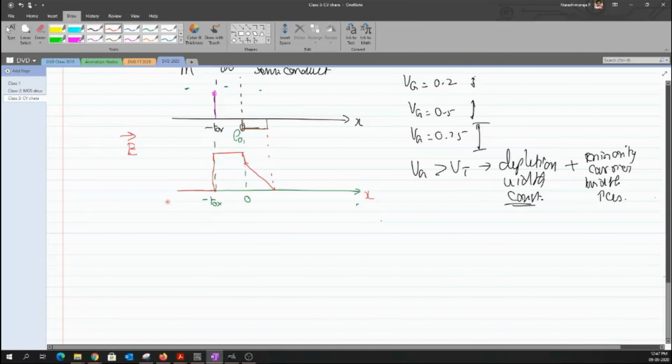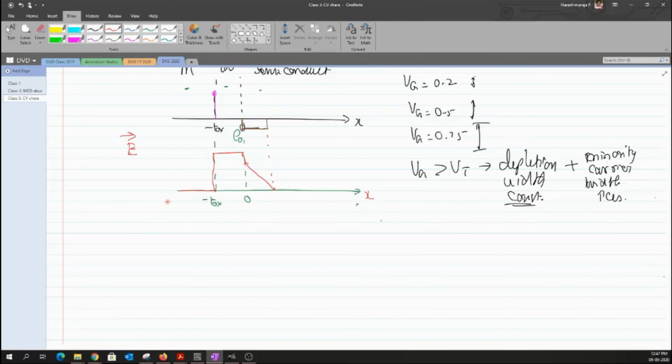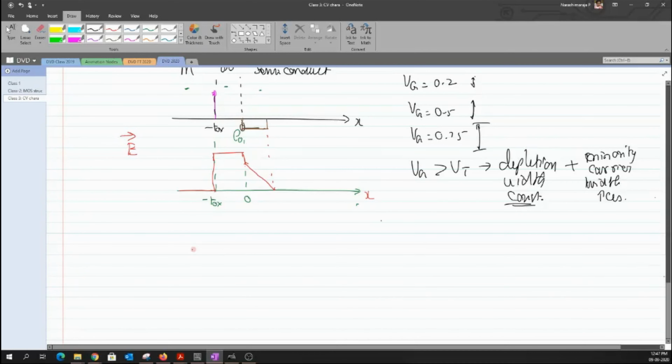Now based on this and by applying the potential equation, one can quickly draw what is known as the potential profile. This is my electric field profile. Now I just want to write the other profile, which is nothing but the potential profile. Since the electric field inside the metal is 0, whatever potential I have on one side, the same potential has to be available on the other side. There is no potential drop across the metal. So assume that there is some potential like 5 volt or something. The same 5 volt is available till I reach the oxide metal interface.